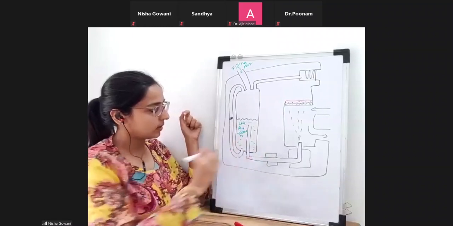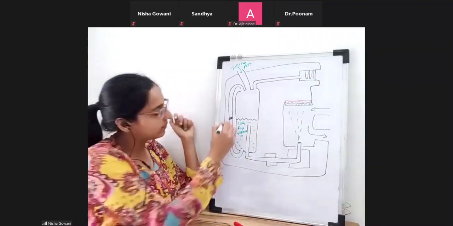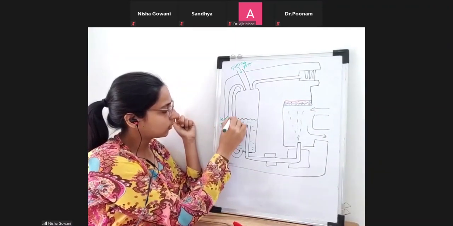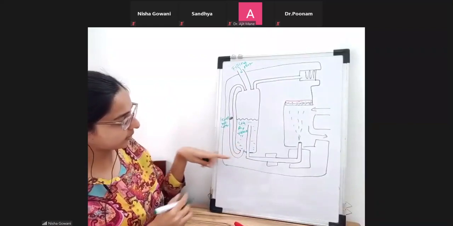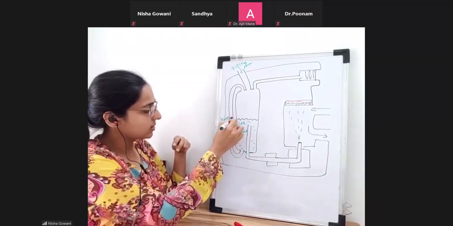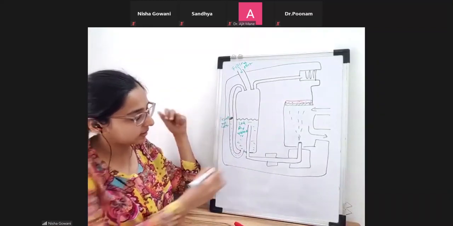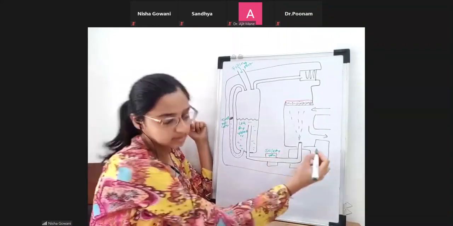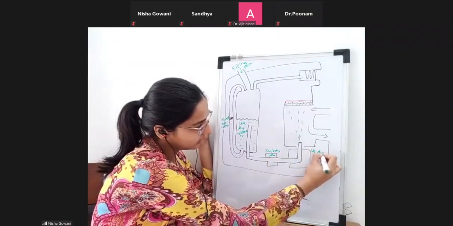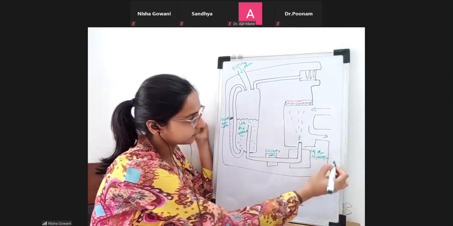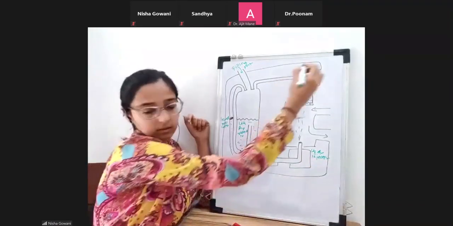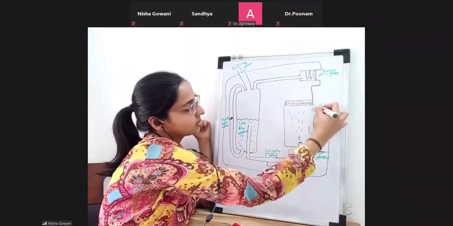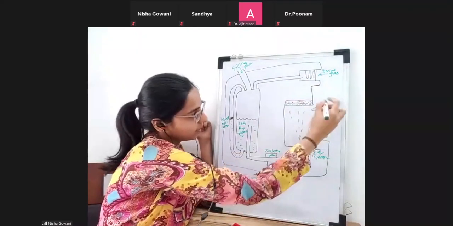Then this is the level indicator. You can see here the anesthetic fluid comes, and this is the level, which is the level indicator. This is a safety valve. This is the vaporizer liquid injector, actually. And this is the drive gas. This is the fresh gas which is incoming.